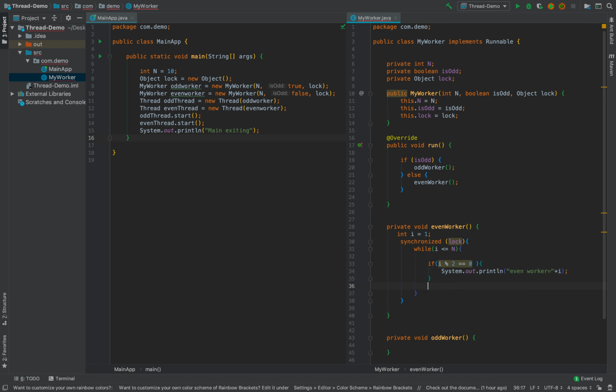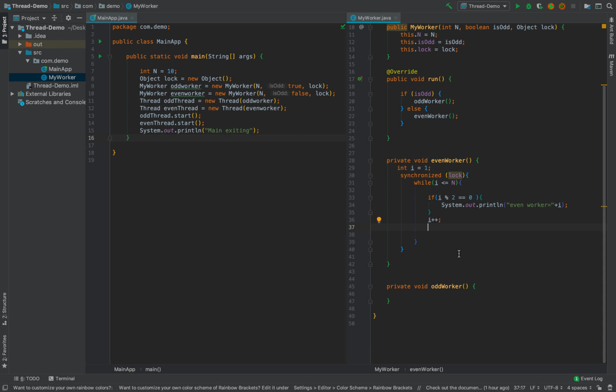Whatever the case, I just want i to be incremented, and the same kind of thing we will be doing for the odd worker. Only the condition will be different. Now the next thing is what you want to do after this. Let me explain how logically this should work.